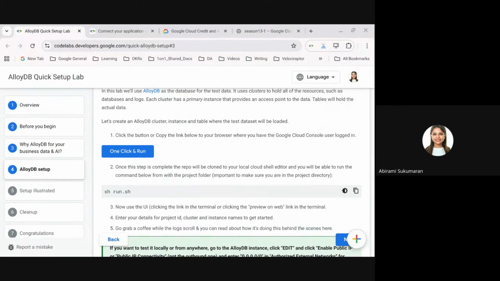Yeah. If coupon code is fully redeemed, let me just quickly check that. Fully